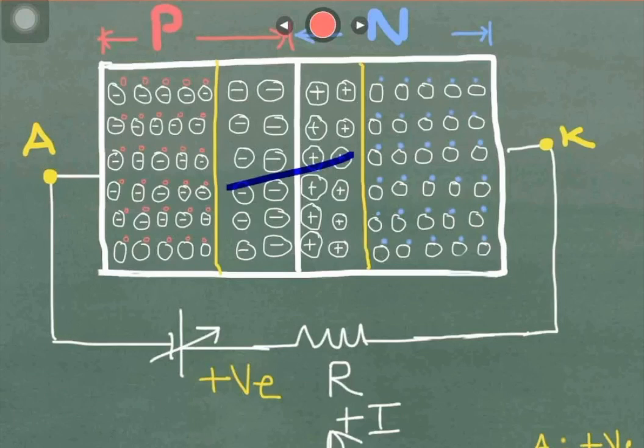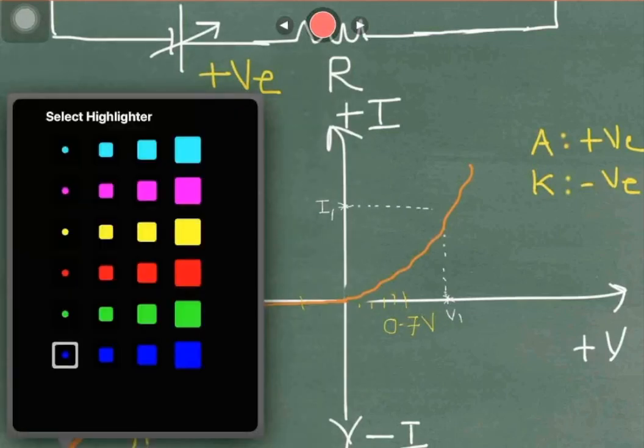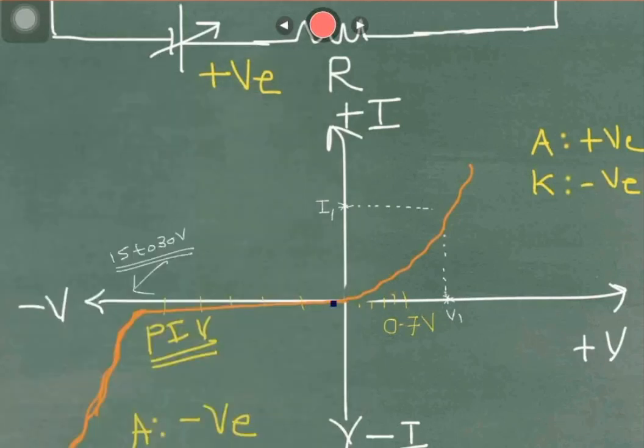You go on increasing the potential and somewhere in the range of 20, 25, 30 volts, the diode will conduct and current will flow through the circuit. So drawing the characteristics of the diode, we have seen this as the characteristics of a diode. So we have seen that when you configure the diode into forward bias, if you apply just 0.7 volt, then the diode will start conducting. So here is a graph that we have seen that at 0.7 volt the diode will conduct, and during reverse bias, whatever voltage you apply, the diode will not conduct up to